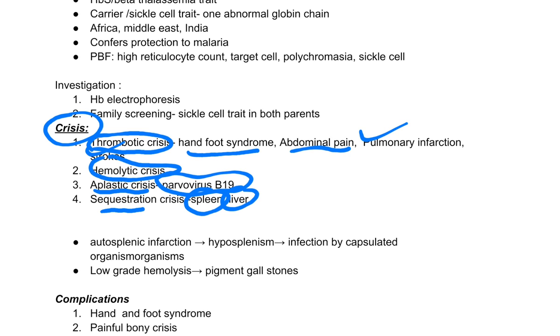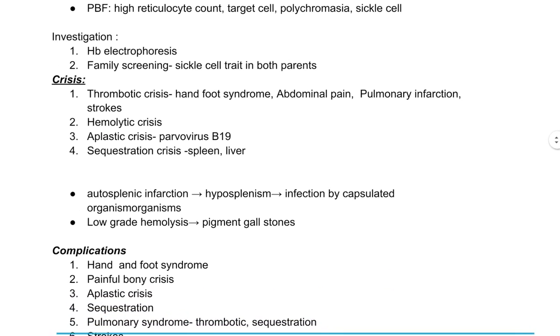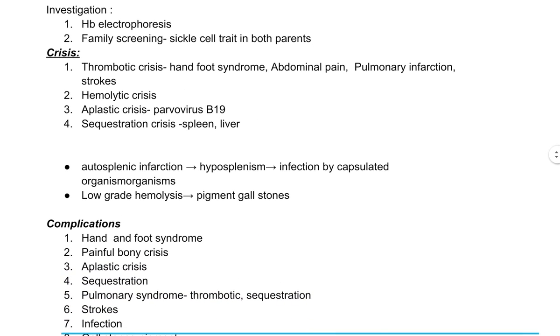Already I said, these are not crises. Crises are thrombotic crisis, hemolytic crisis, aplastic crisis, and sequestration crisis. Now, autosplenic infarction, how does it occur? Frequent